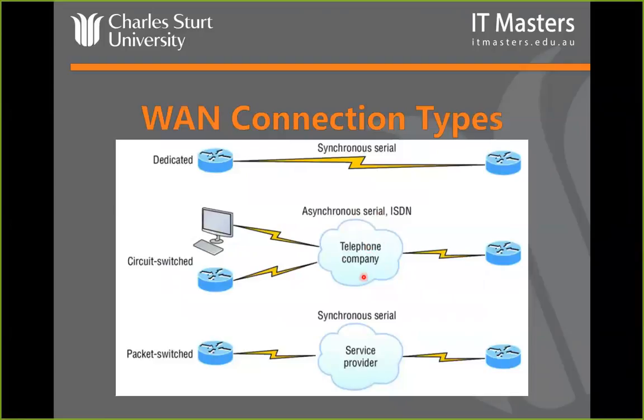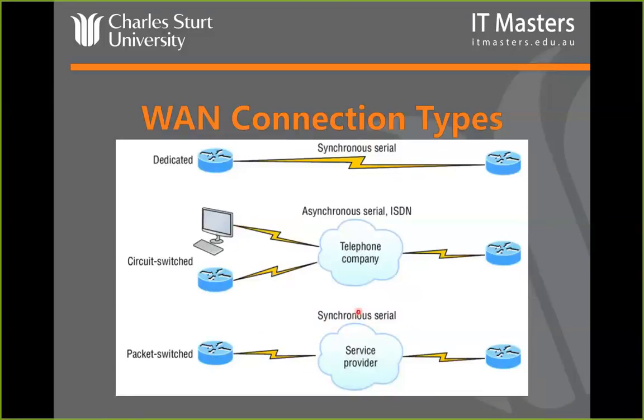In which case we've got the telephone company or service provider, and we have multiple hosts, whether that's a desktop sitting at someone's home with an ISDN NTU, or another branch site over here, and they all connect in using ISDN in this case, or it could be DSL, for example, into the telephone company to provide what is called a circuit switched network. Basically it means packets are switched by circuit. So a circuit is built between, say, this particular device here and this router, and while that circuit is up, all packets are sent via that circuit, switched via that circuit.